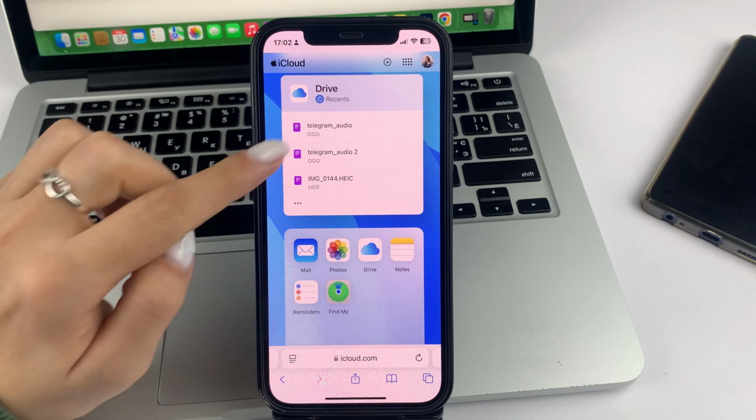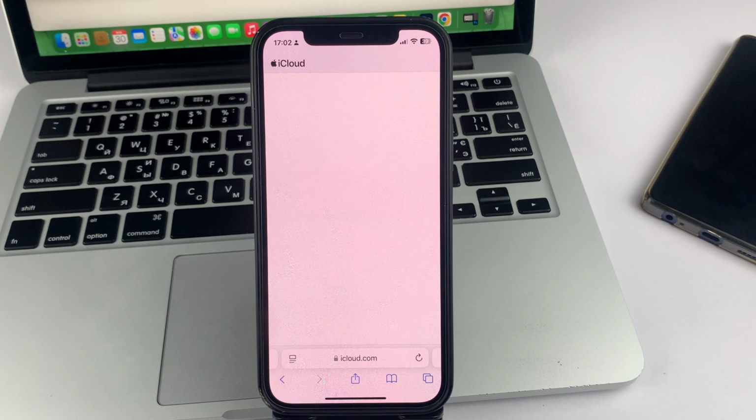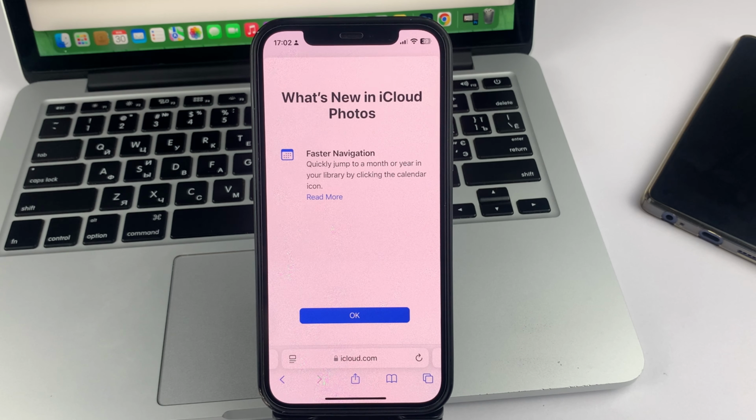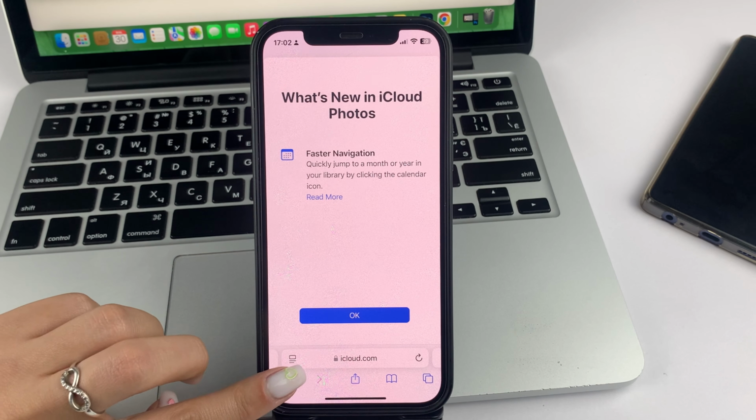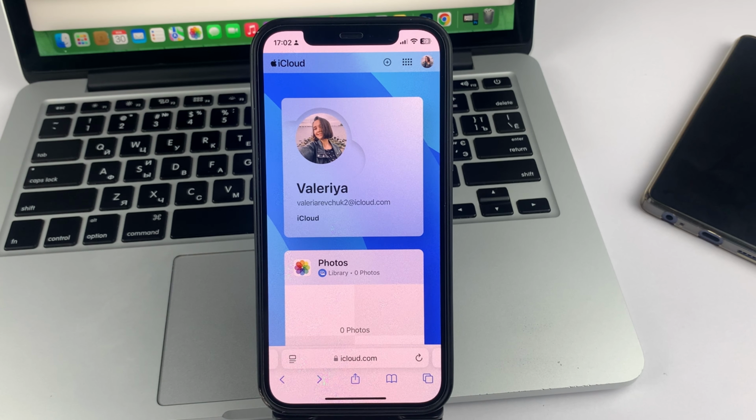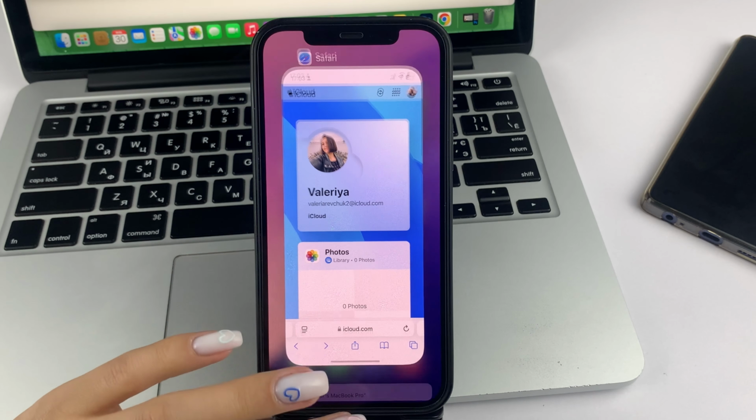Once you are logged into your Apple ID, please scroll down and find the Photos folder. Open it up. And next, you will go directly to the photos, which will already be synchronized with each other and will be added to your iCloud. And then you can view those photos, you can send them to someone, you can save them to your device, and so on. This is the way, friends, you will be able to view iCloud photos on your iPhone.